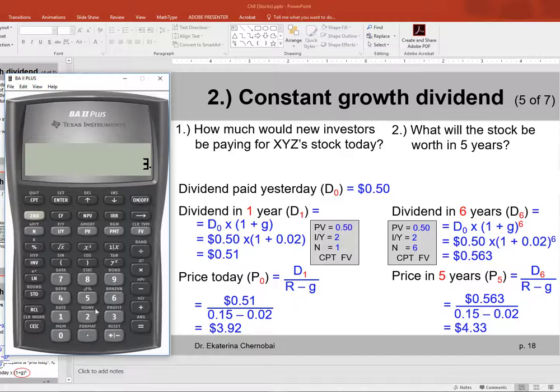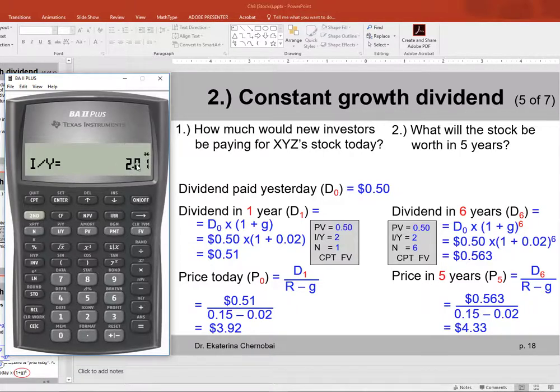So I have 3.92 negative, that's my present value. I press PV. $4.33 is the future value. 4.33, I keep the sign positive and I press FV. I know that the two prices are for the same share of stock, and they're 5 years apart. So that's my N, 5 N. And let's compute the implied annual increase in the stock price. Compute I/Y. 2%. I actually have 2.01.